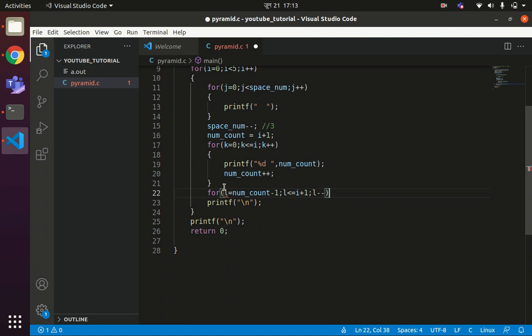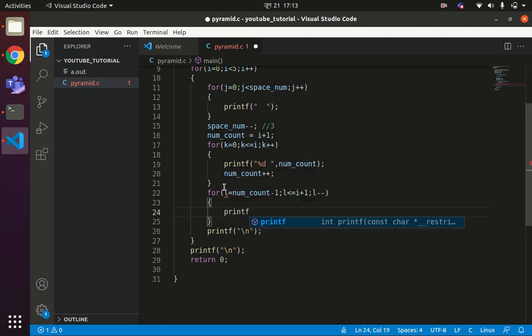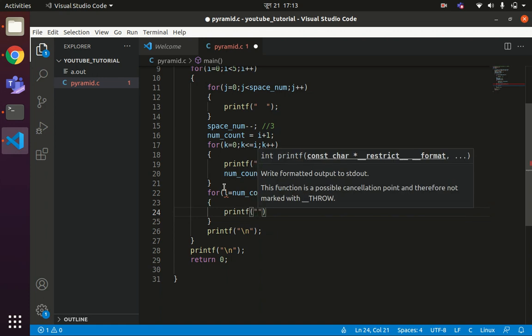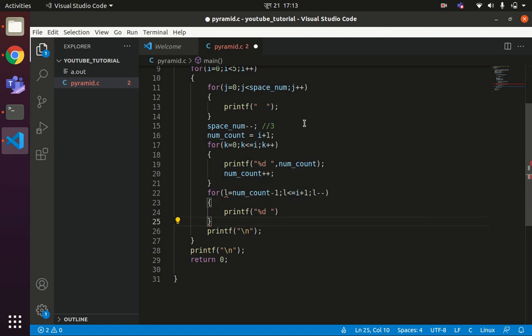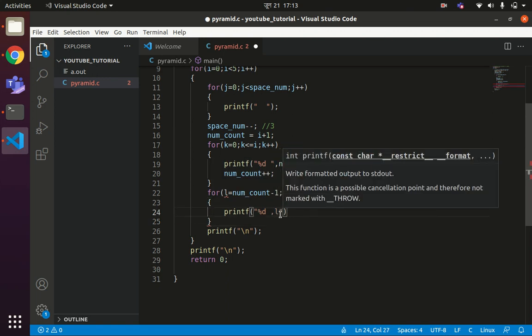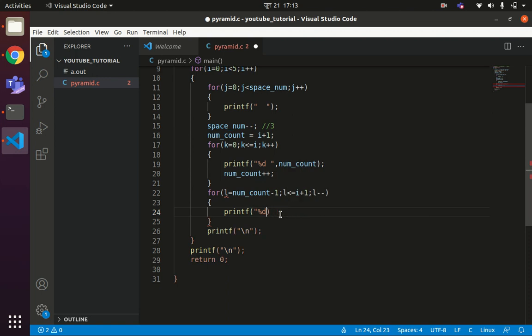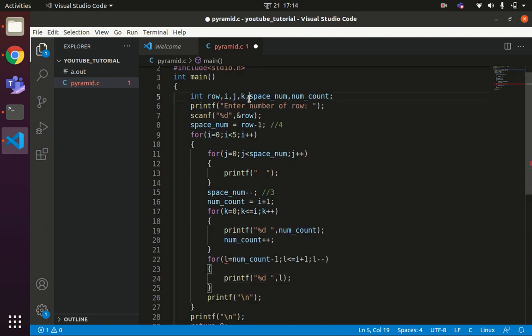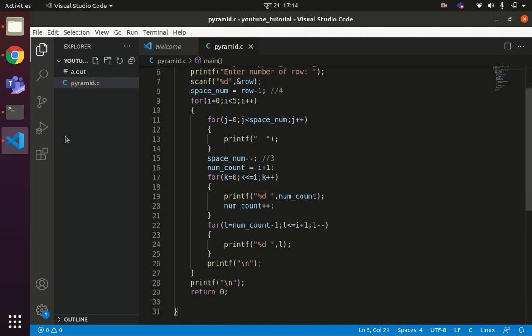Let us see if we are able to get the result after writing this code. printf %d, and write the value of L here, comma L. We have declared the variable L here. After declaring this variable L, let us run this code one more time.